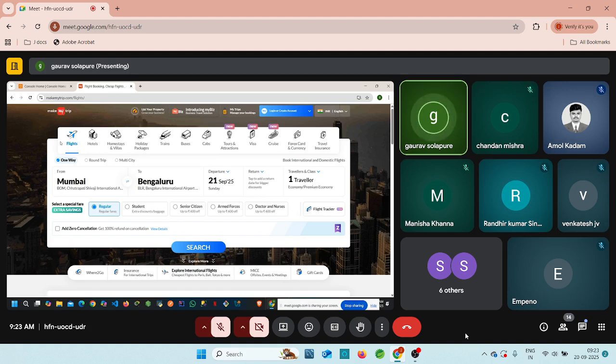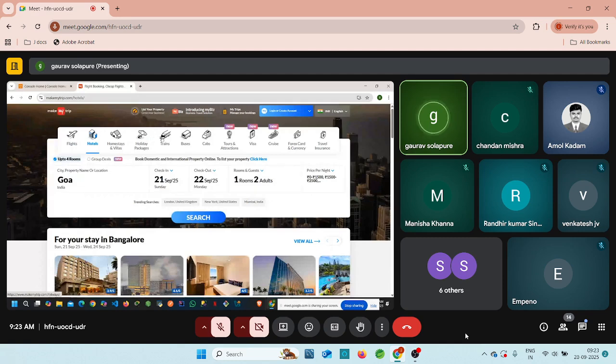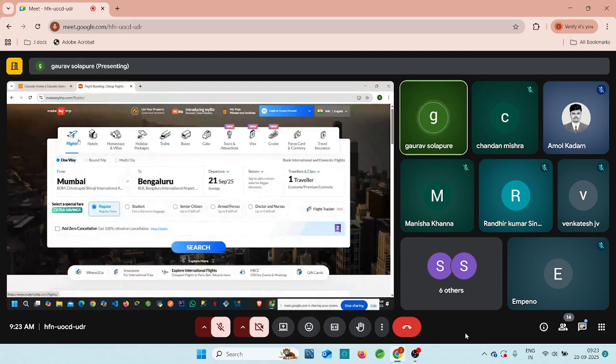So at this moment, if all requests go to one server only, this is one server, right? The hotel is also one server, the train is one server, right? So if all requests go to one server, it will crash. The server is going to crash, guys. Or we can say that the server is going to overload. You will get the output, but it will take some time,